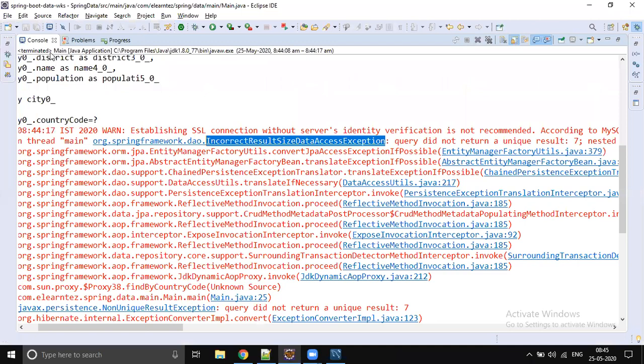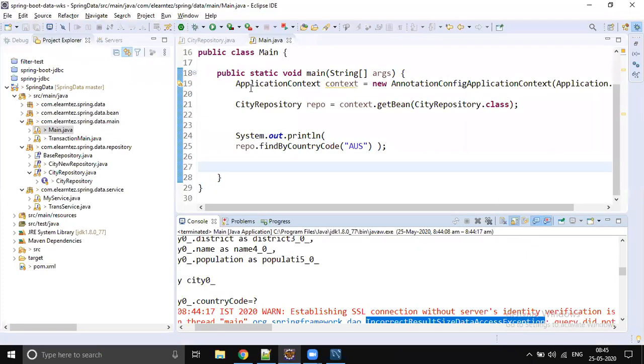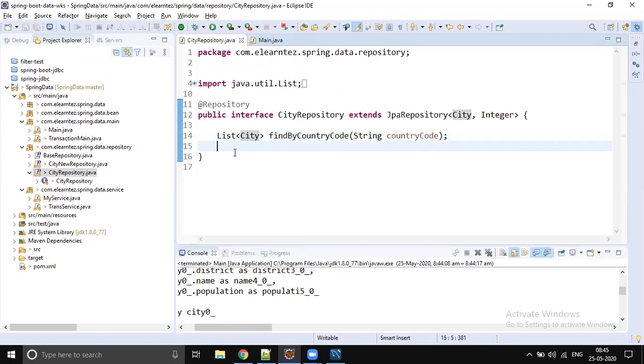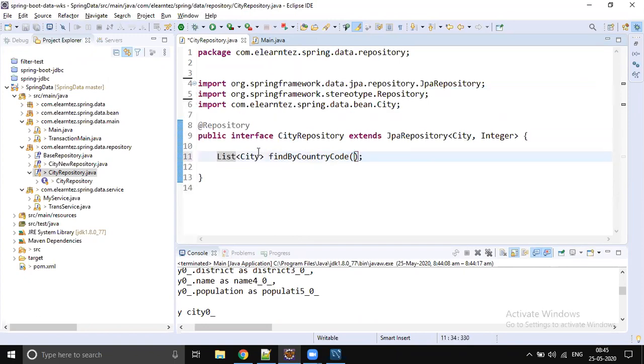While you are writing this method, you should know whether it's going to return a collection or a single entity. Yes, it's the same concept as in Spring JDBC, and it's the same in Spring Data JPA also.